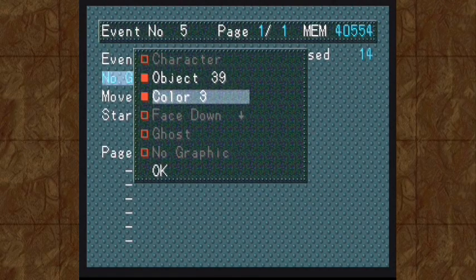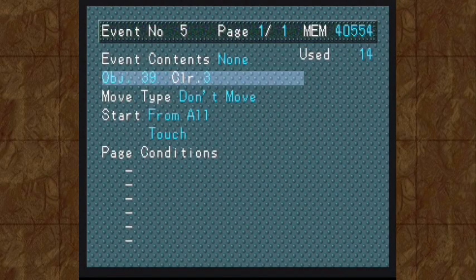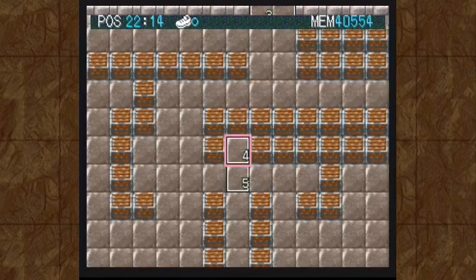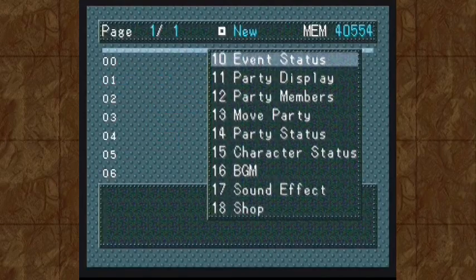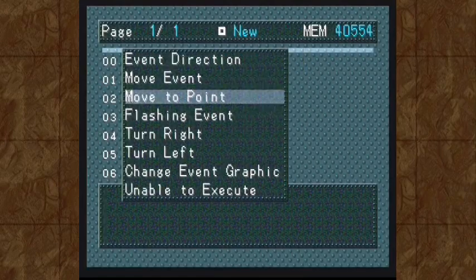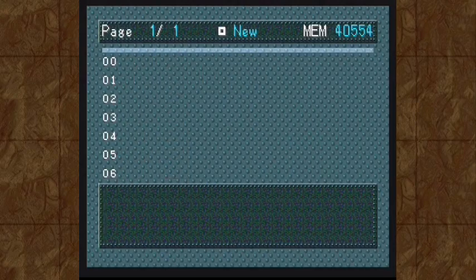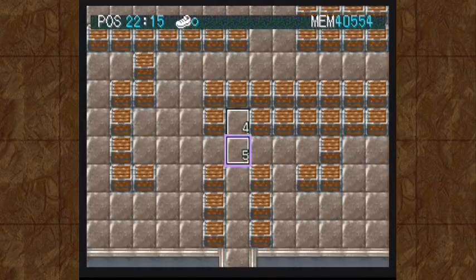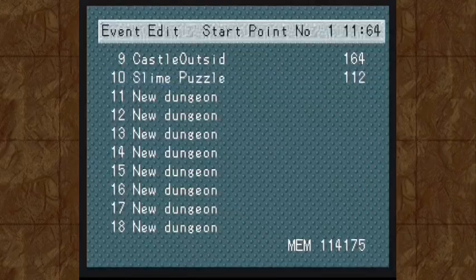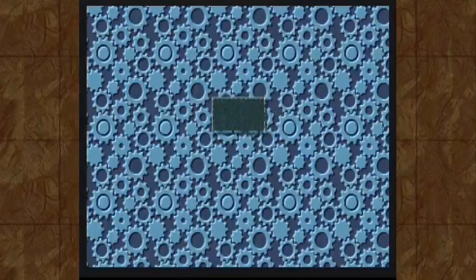I don't know if I've already mentioned this, but having this right here, Object 39 Color 3, creates an invisible tile that events are unable to walk across on their own. And by on their own, I mean that if I were to go here and have the event move or whatever, then it could go across that, but on its own, no. So, just to demonstrate what this has done for us,